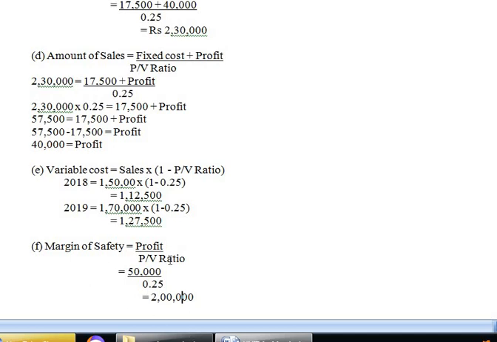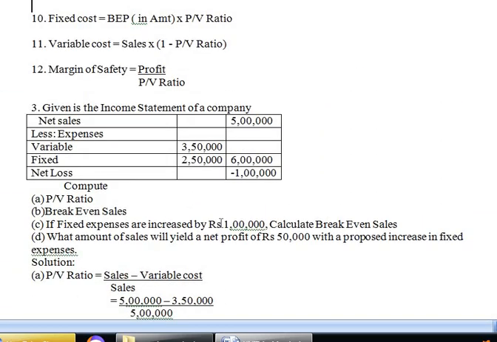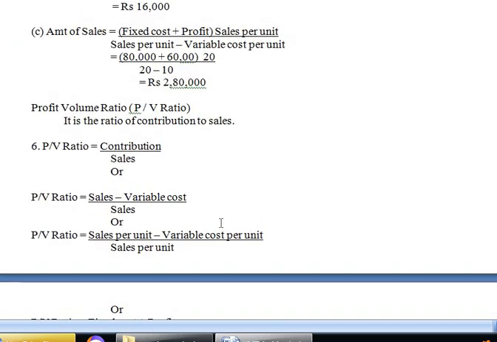Okay, hope so this problem is clear to everyone. Go through the problem, go through the formulas. Okay, solve it again so that it will be clear to everyone. Please go through or by heart the formulas whatever I have given. Okay, now in another class we will be solving few more problems on marginal costing, and then we will start with your fifth unit. I guess another 2 classes I need to complete your fourth unit. Your work is to go through the problem and practice those problems whatever we have solved. Okay, so see you in next class.